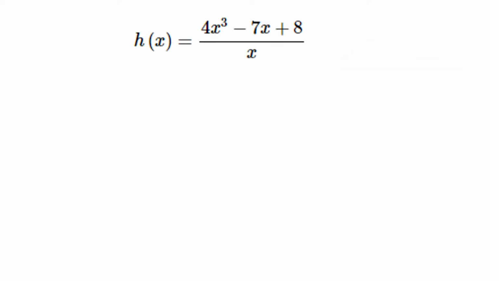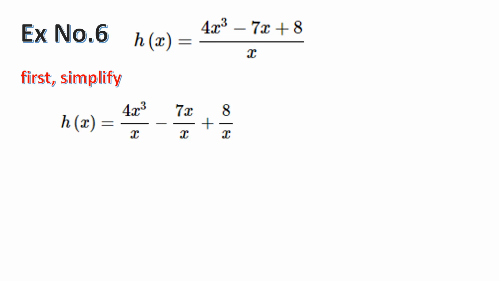Here are some examples of how you will simplify first and then differentiate the function. In this case, you will break this up with x as the denominator of each part. First you will simplify: x will come as the denominator of all these parts. Then you will simplify this x with x cube, x with x and x. You will bring it to the numerator, and it will become x raised to power minus 1.